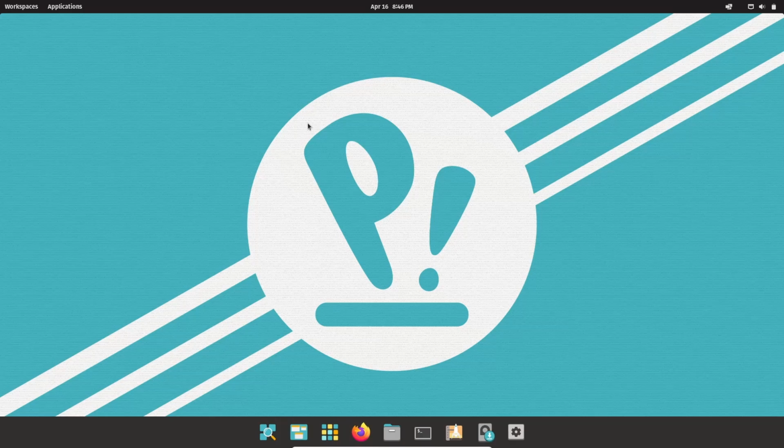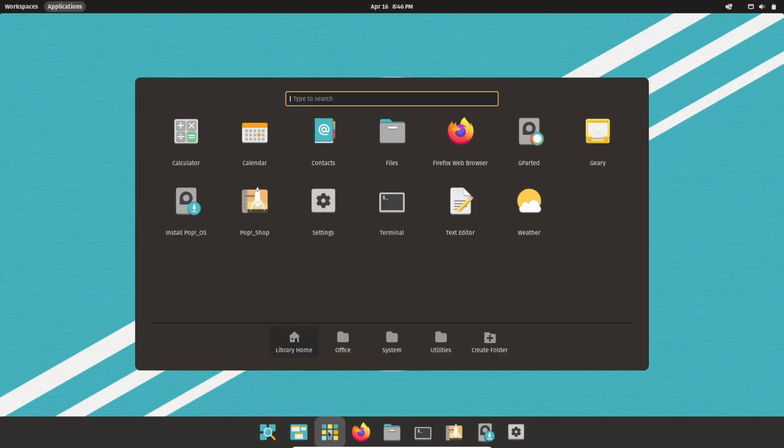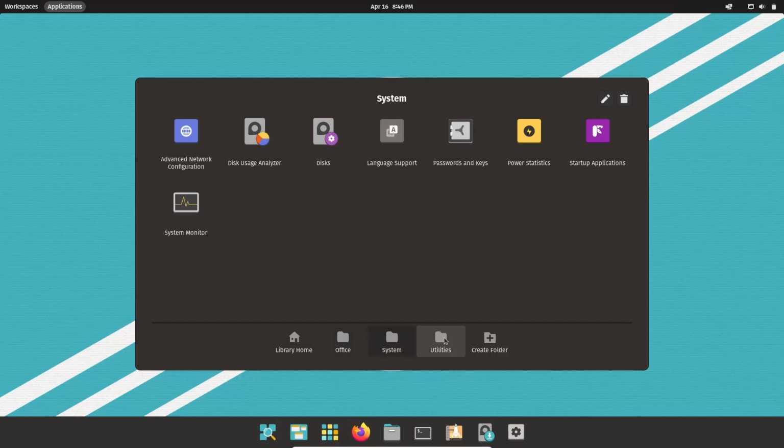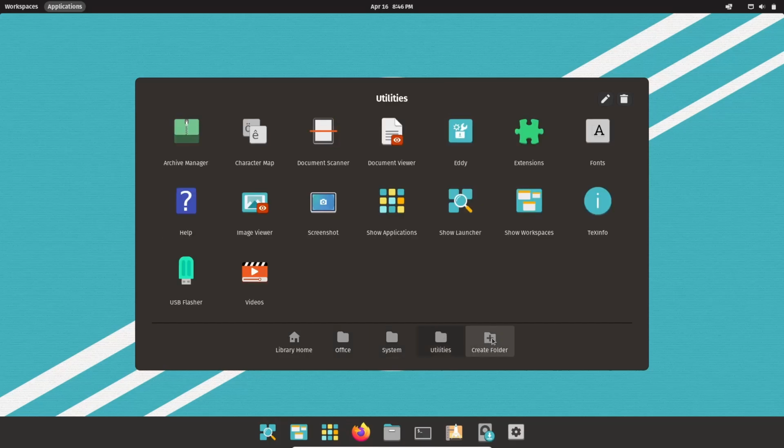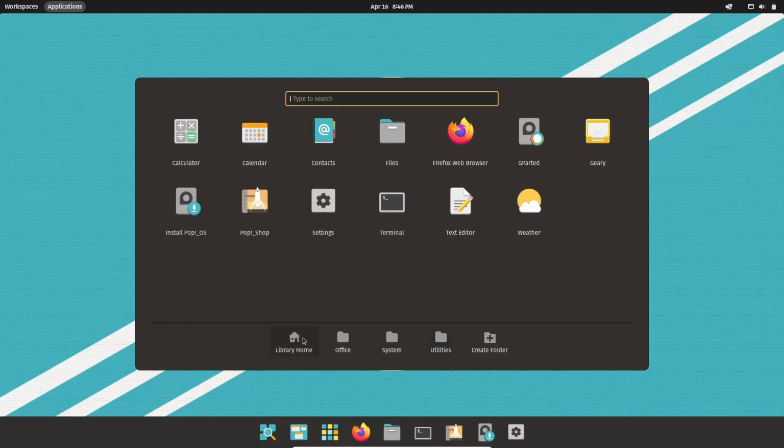And it gives you that real Mac feel. You've got a top panel up here. You've got your dock down here. It's a solid dock, of course. You can show launcher, show workspaces, show your applications right here. Those will pop up. And if you notice right here, they actually have them in different categories. And you can actually create your own categories down here for applications if you want to customize that yourself.